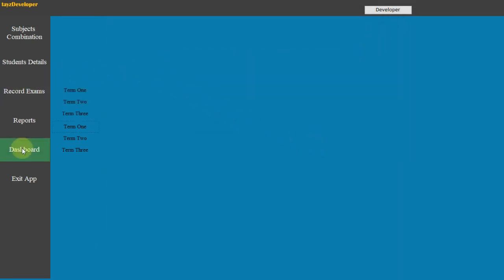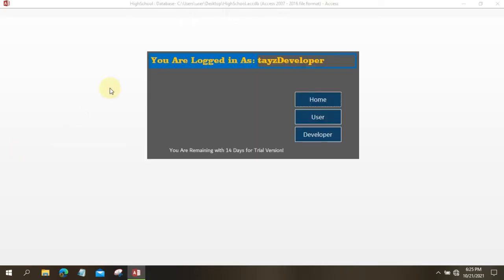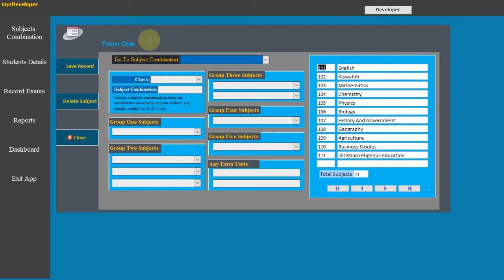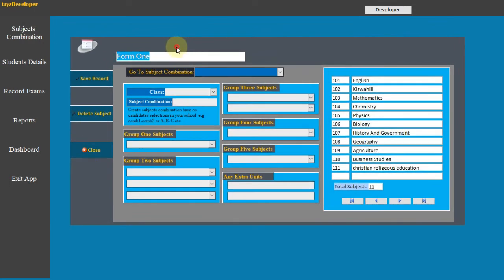So that's how you can enter marks. This is Dashboard. For Dashboard, you just go back to where you started here. So let's go back to Home. Subject combination. This is now where you create your subject combinations. For example,